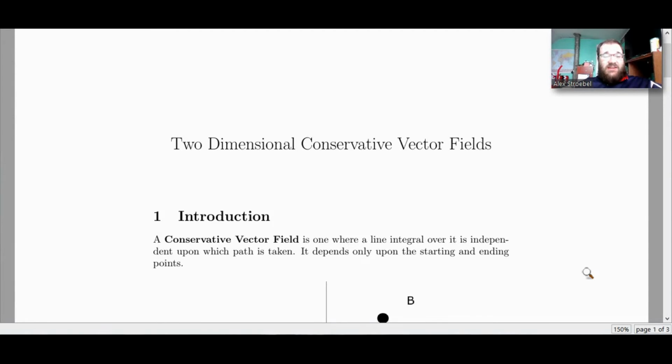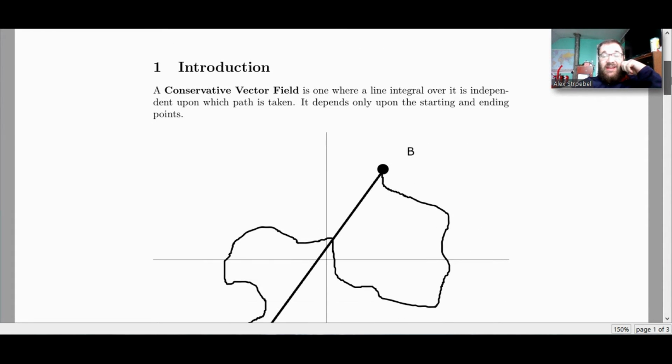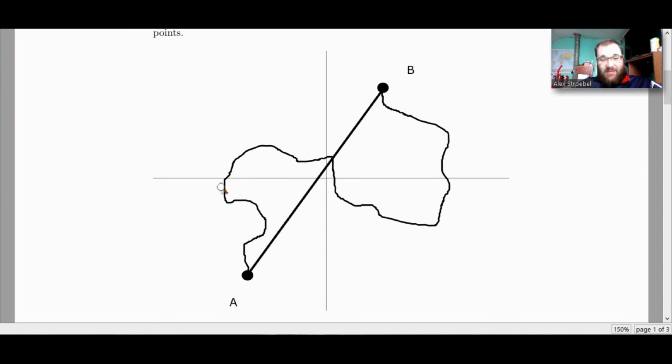This video will be on conservative vector fields and how to determine if a two-dimensional vector field is conservative. A conservative vector field is one in which the line integral over it is independent of the path it takes. So let's say we've got this squiggly path. The thought of trying to do the line integral over this curve makes me sad. But if the vector field we are integrating over happens to be conservative, we can just take the starting point